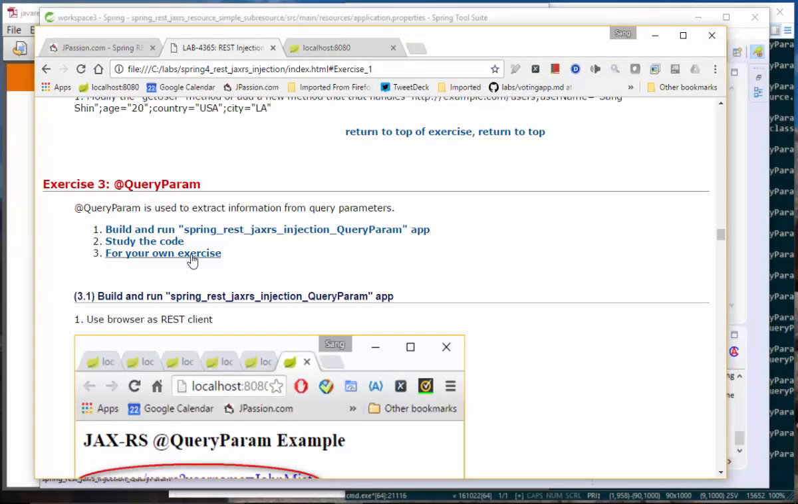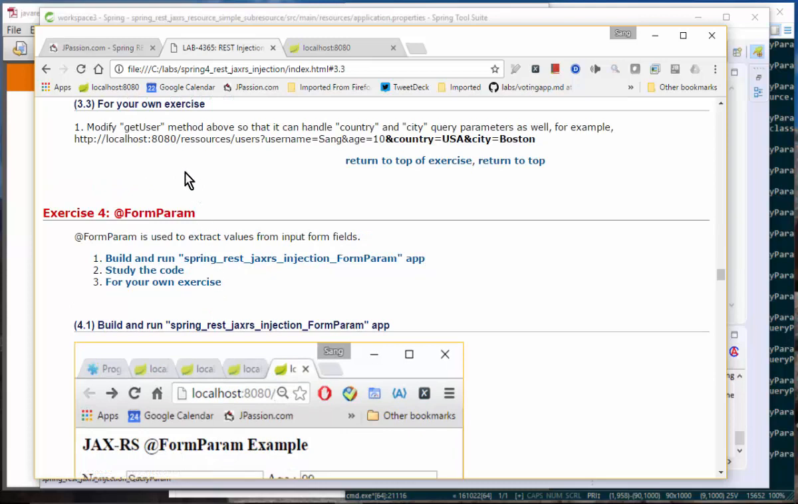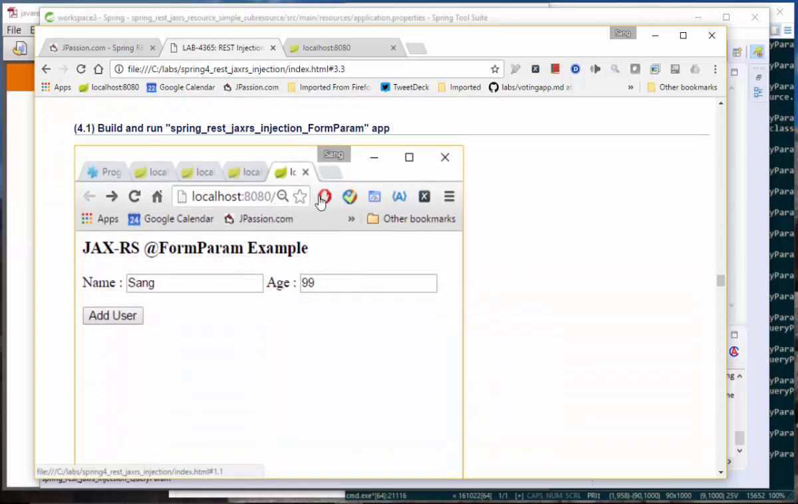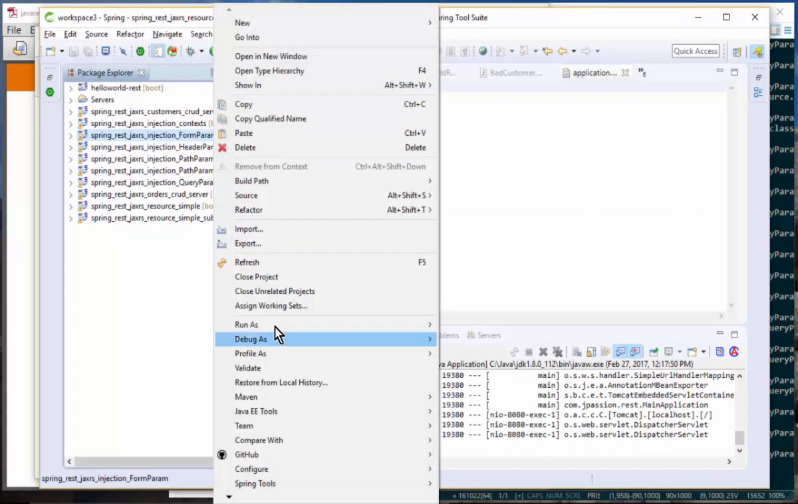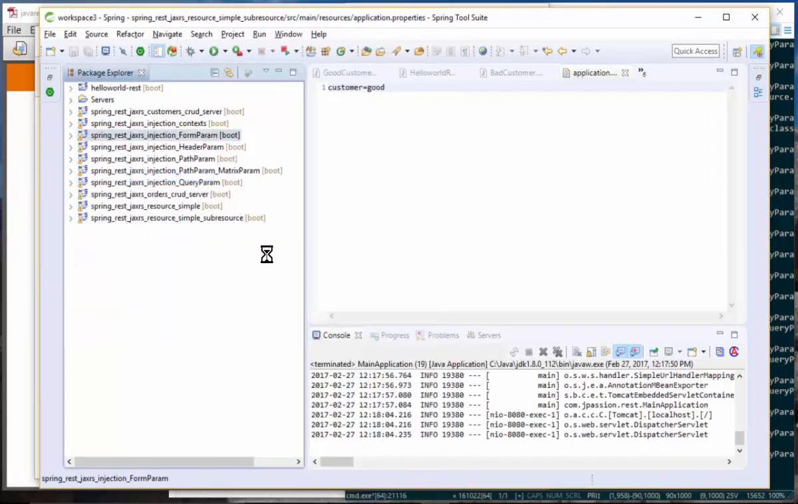Okay, so for your exercise, I want you to display country USA and city Boston as well. Form param. So let's run the form param. So stop it and form param. So when I run this application, run as Java application,